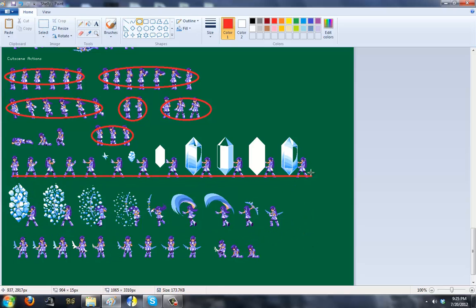I didn't rip these. I gotta rip these. Yeah, I gotta rip these because this is her intro. She needs an intro. Okay, and this is her win pose. This is another win pose I can imagine, and this is her lose pose. So I have to go back to ripping